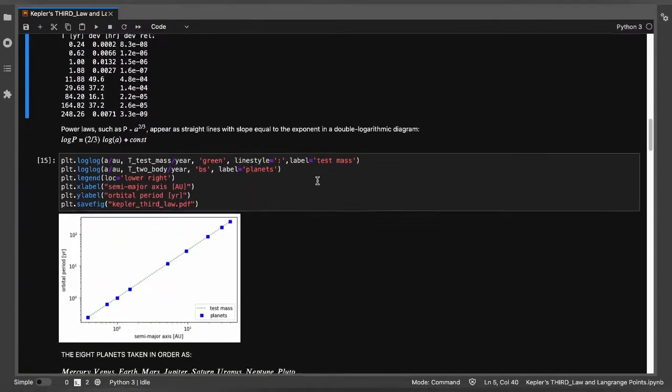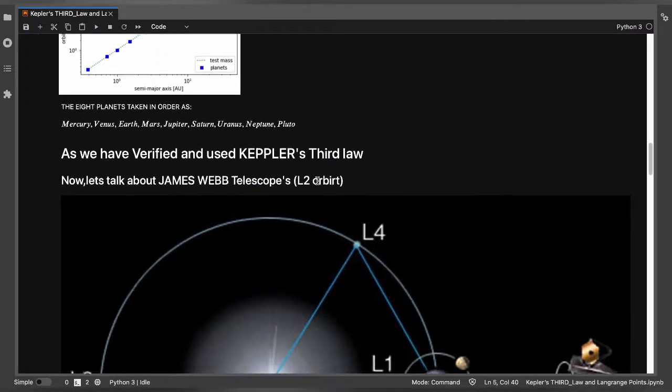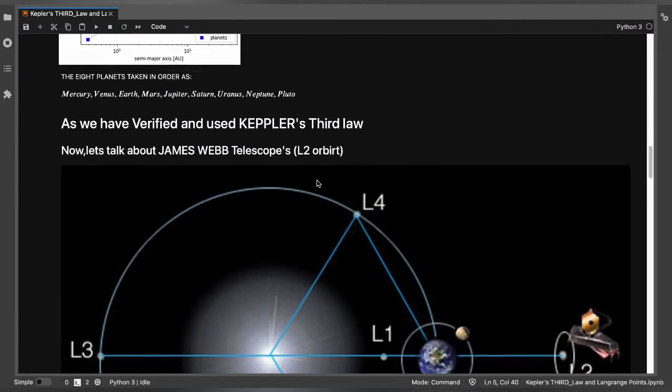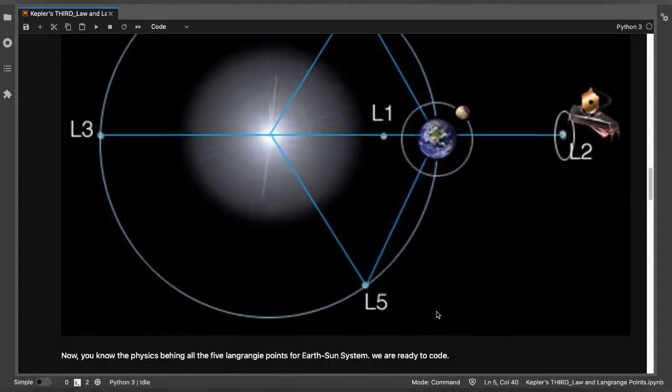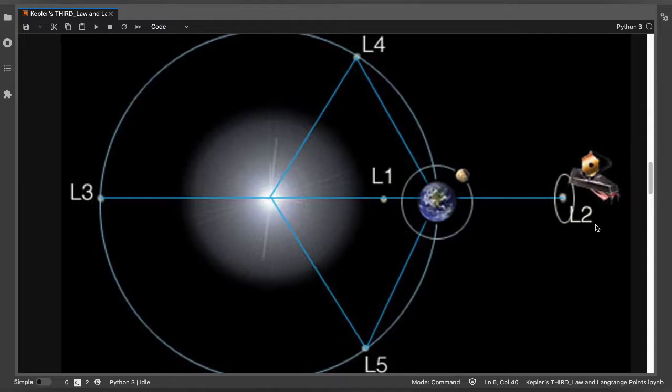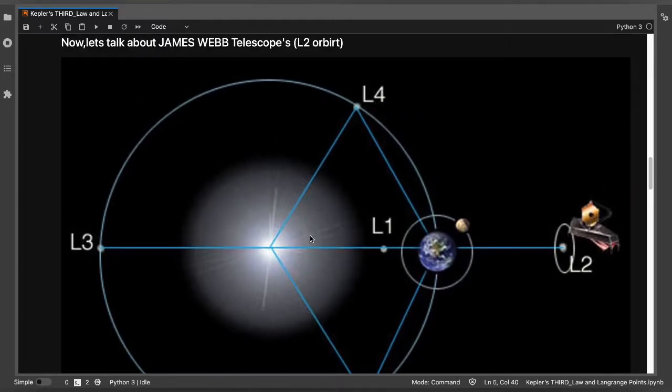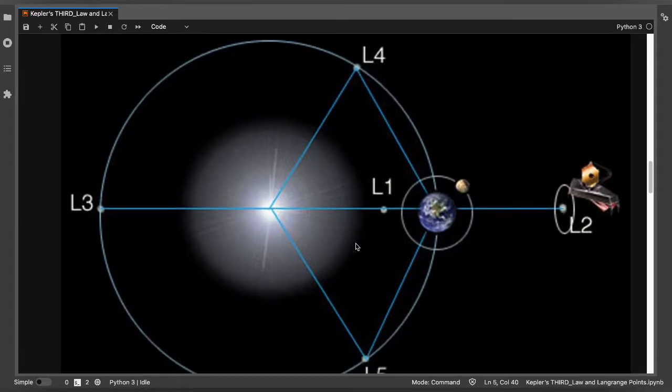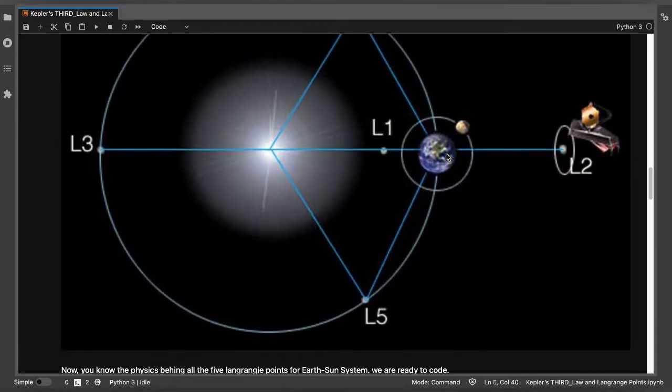Okay, and after that we are going to apply this to the James Webb Telescope. The James Webb Telescope was recently parked in the L2 orbit. L2 is a special orbit, and all the 5 points mentioned here are called Lagrange points. The special thing about a Lagrange point is that